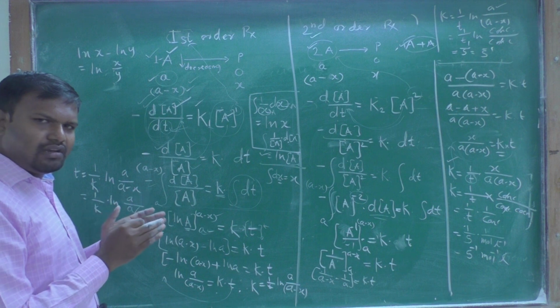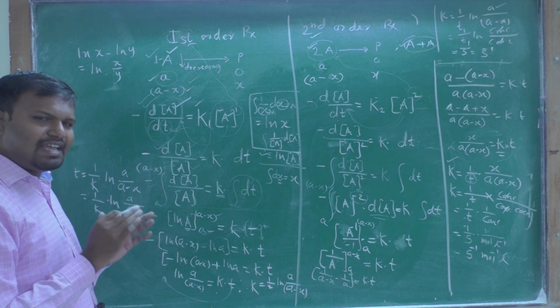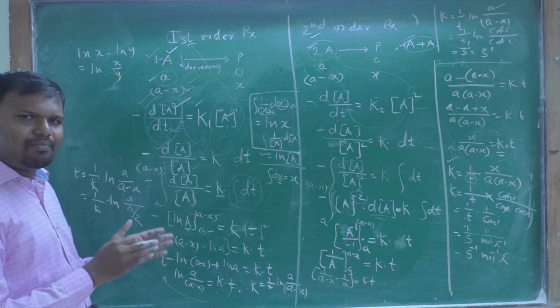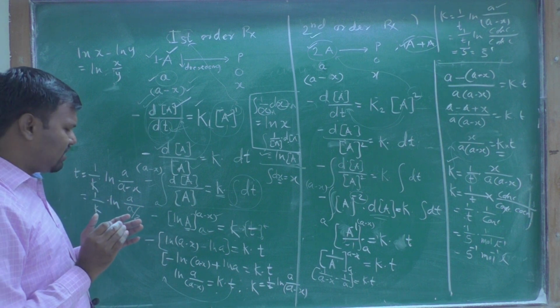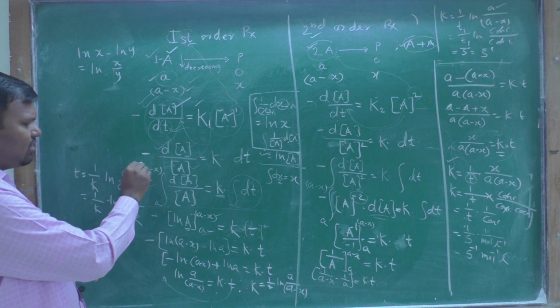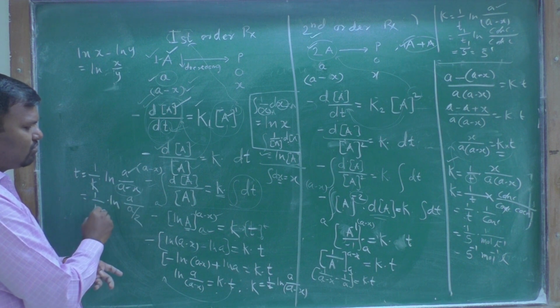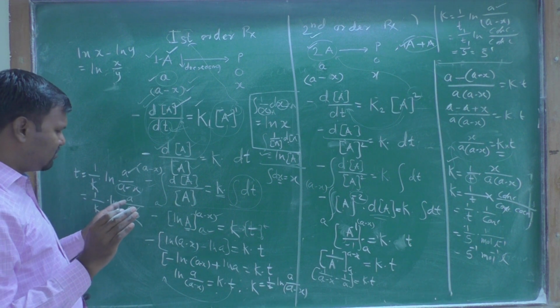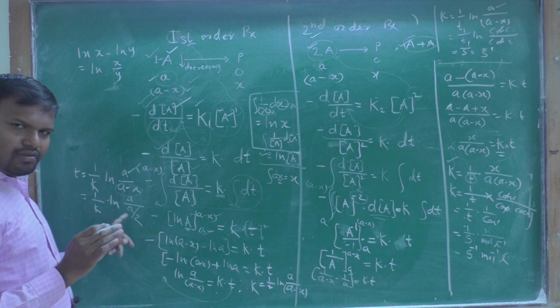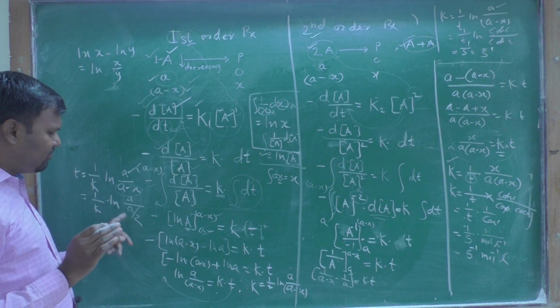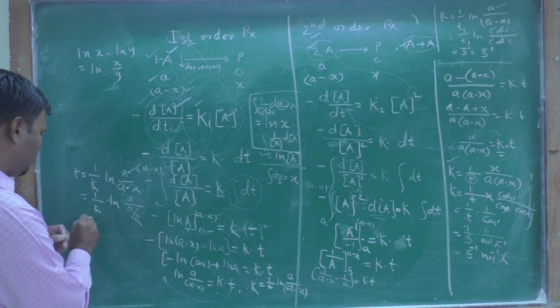When you consider original half, at some time, that time is the t1 half life period for this first order reaction. Therefore initial concentration is a, and the final concentration a minus x will be a by 2, because this quantity should be half at that time. This is called the half life period, which is equal to 1 upon k